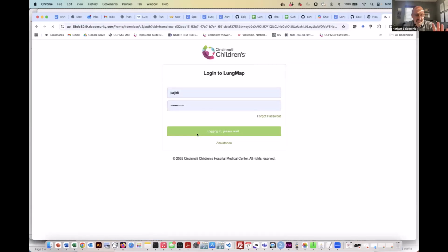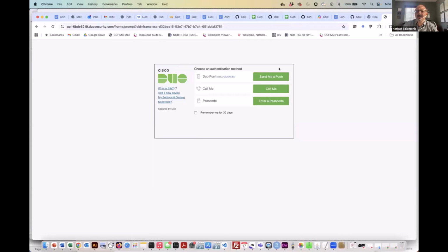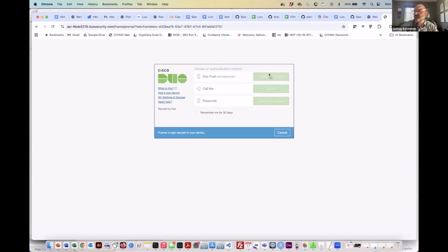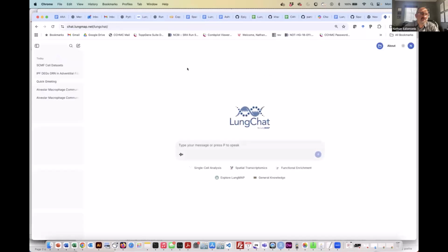This is two-factor authentication that you would normally be asked to use at your university. This is using a centralized framework called Duo, which is standardized across institutions. Send a push notification to your phone, for example. Authenticate, and once you authenticate, you'll be presented with your own session here. This is a session that is remembered, so you can go back here and access what you've previously analyzed in the past, and perform these different queries.